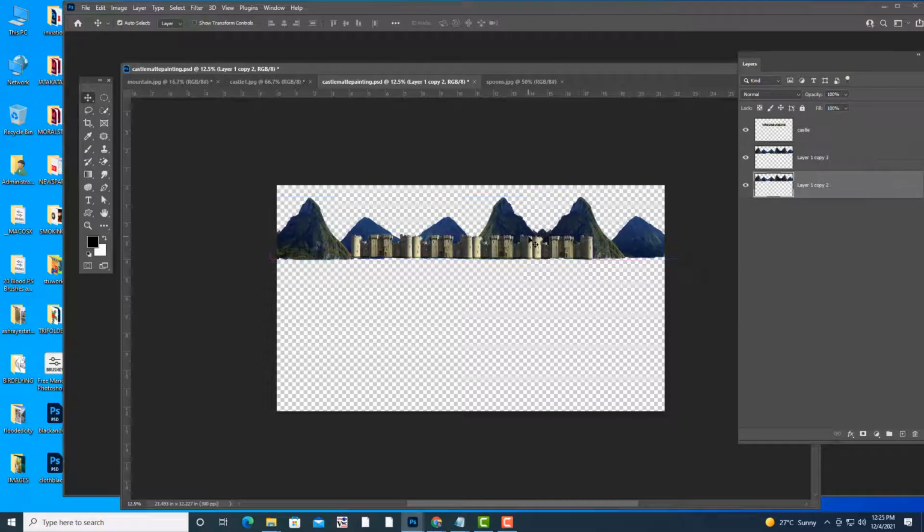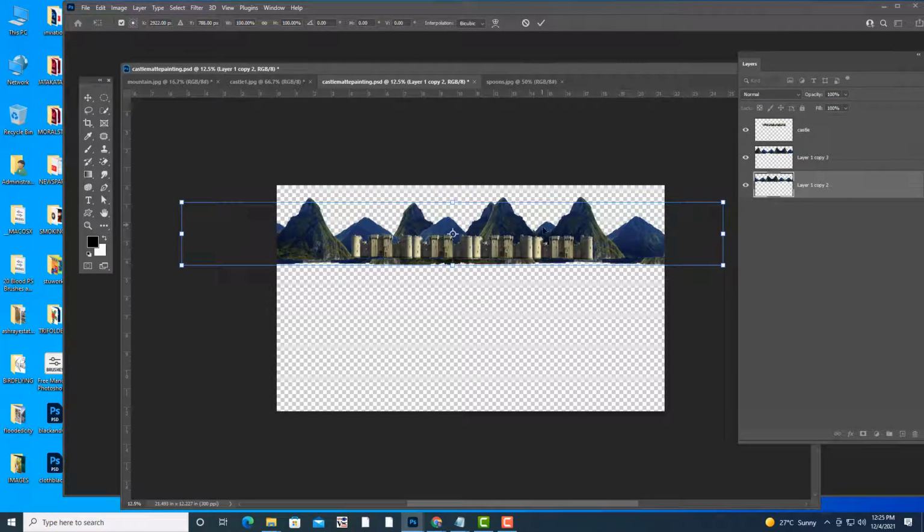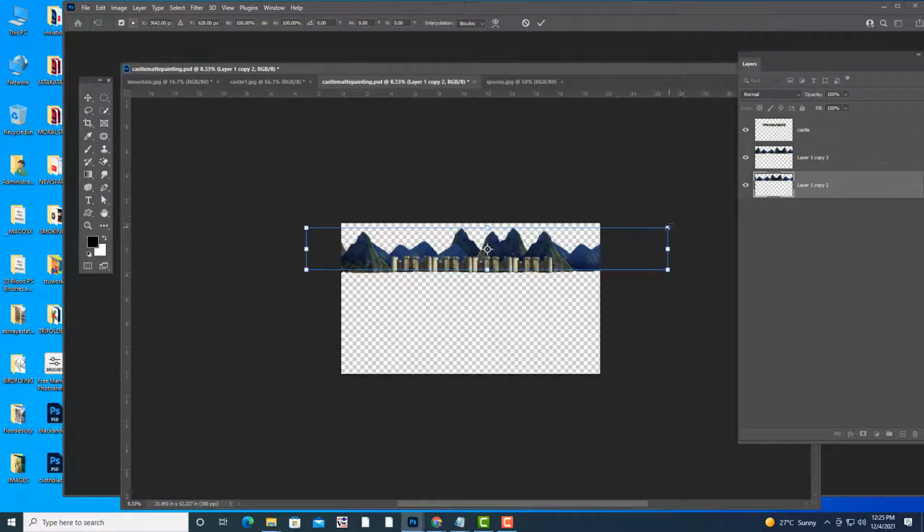Okay, so Control T, here another set of mountains. Okay, make them very small like this.